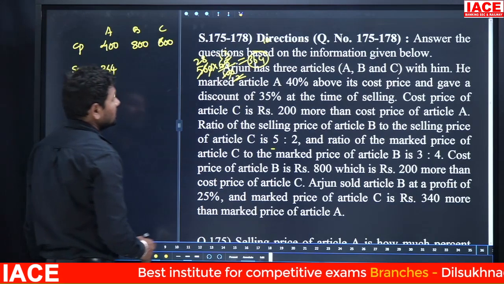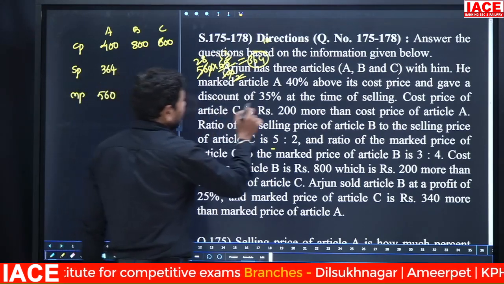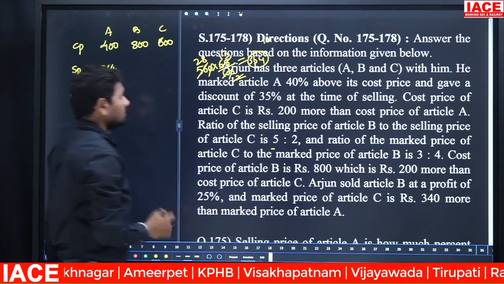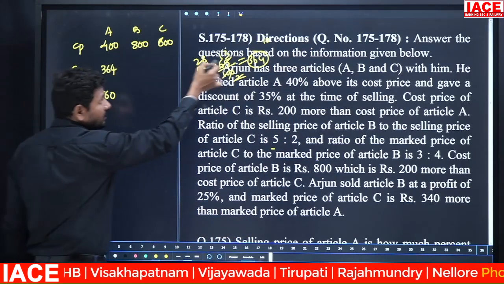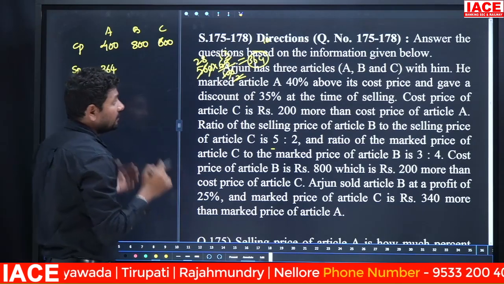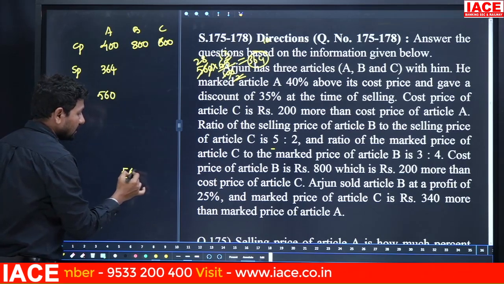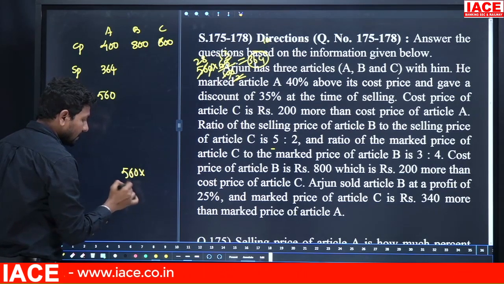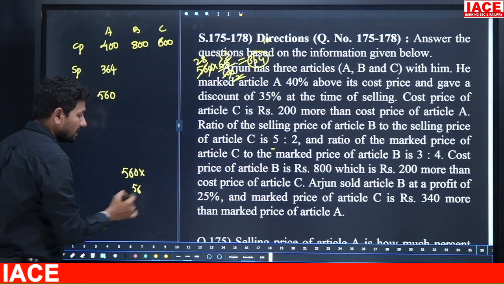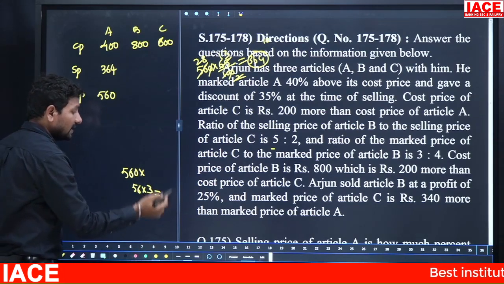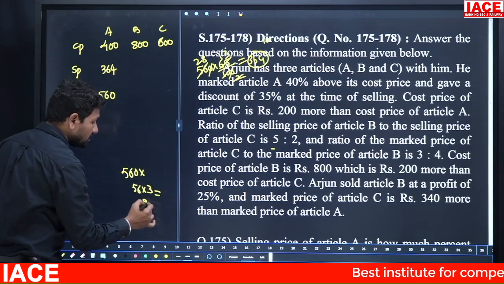Okay, 560. Here what we did: in 560, 35% we take. Yes, you can do 560 into 65 also. Otherwise, you can take 35% of 560. Then in 560, 10% value is how much? 56. This we multiply 3 times, so you will get 30%, and extra you need 5%. 5% value is how much? 28.